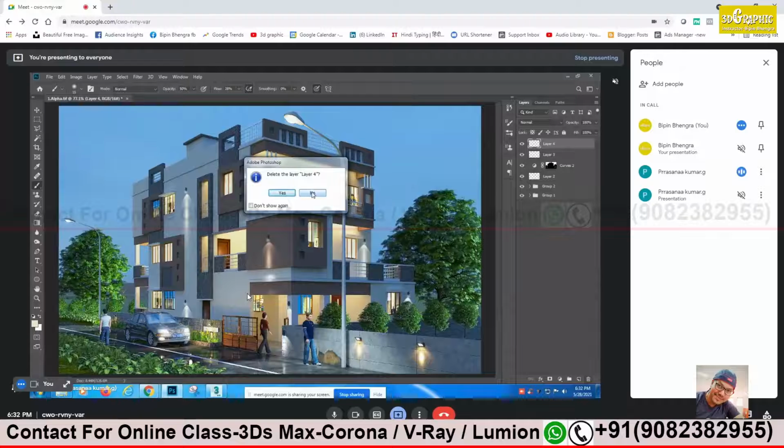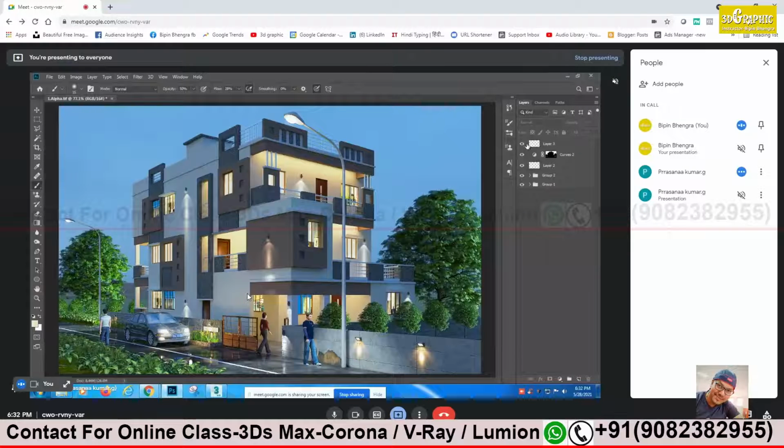Oh, it's on the bloom layer itself. Yes. Don't delete. Just switch the icon on and off and see what is there in that layer. This is the bloom layer, sir. Bloom layer only? Okay, fine. I can change. So let that come on the same layer now. Okay. Yes.